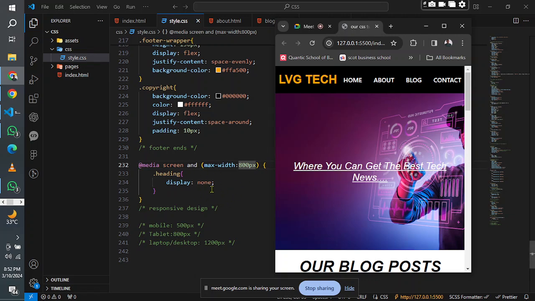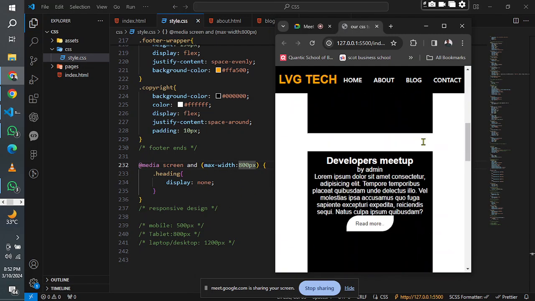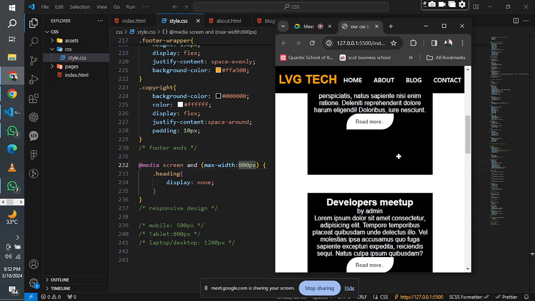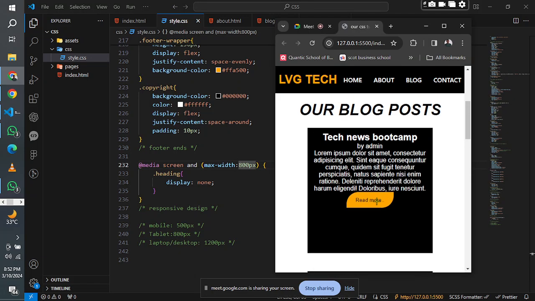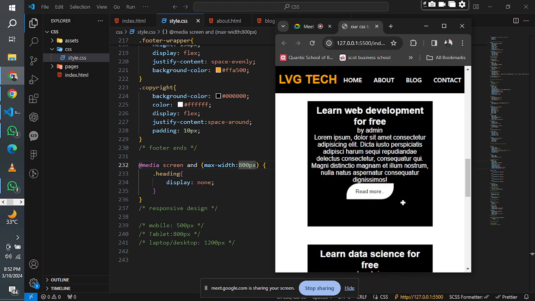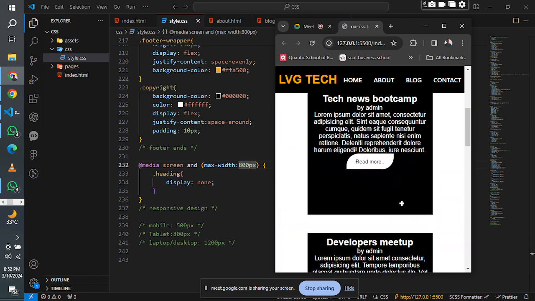So we can do a lot of stuff. Take for example, we want to change the color of this on the mobile designs. We want to change the color of this tech bootcamp or something. So what can we do? We can